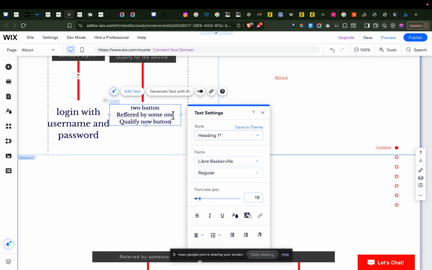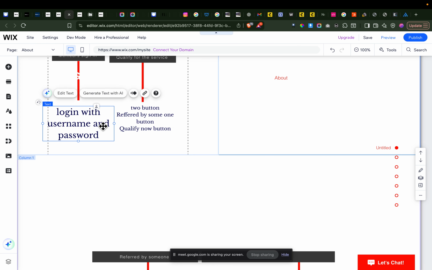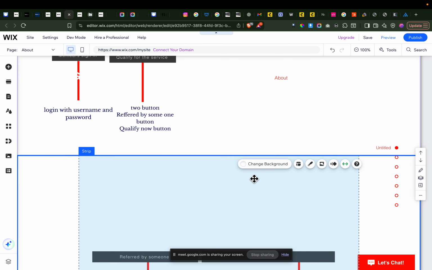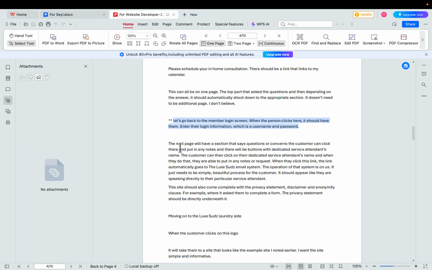Button, referred by someone button. Okay, perfect. So that is for the first page, which is the home page, right?